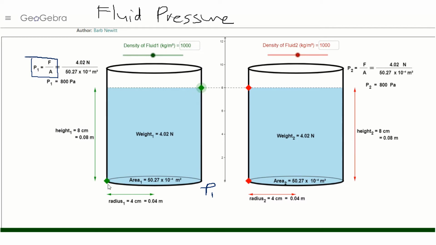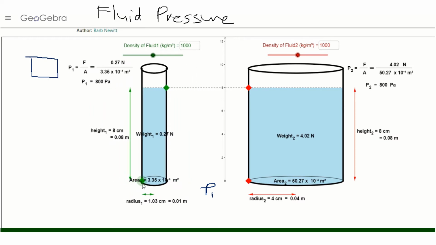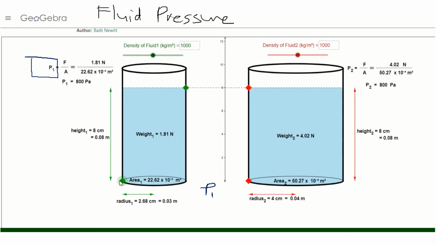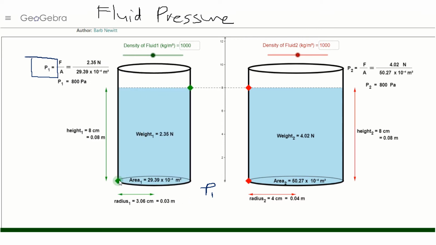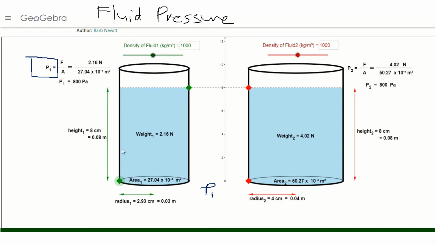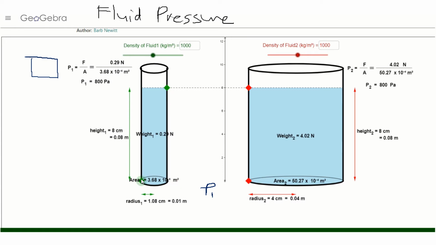Now what if we change the area? What if I make this container more slim? What do you think will change? Area, of course, will change. What about the pressure? Let's take a look. So now it's 800 Pascal. What if I make it slim? Oh, it doesn't change at all. Why is that? Yes, I'm making the area smaller, but there's also less water in this simulation. If it's the same height but smaller area, it's still the same